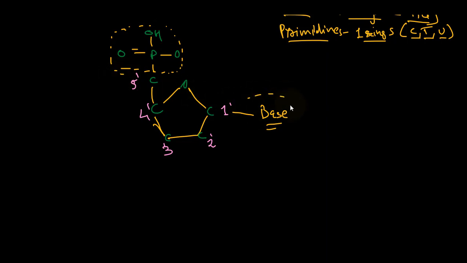and here the base is attached with the 5th carbon. I can draw that. So that is one nucleotide. Here is the one nucleotide. Now the second nucleotide is added with the 3rd carbon of the sugar,